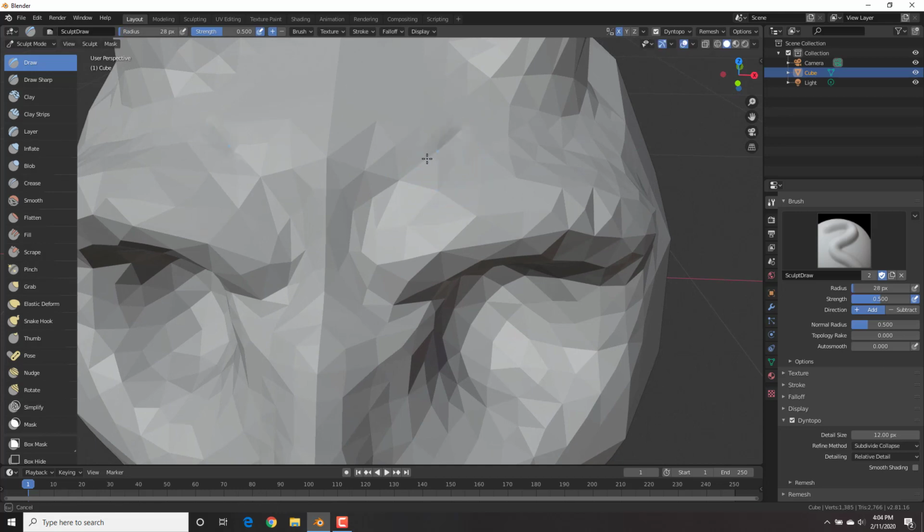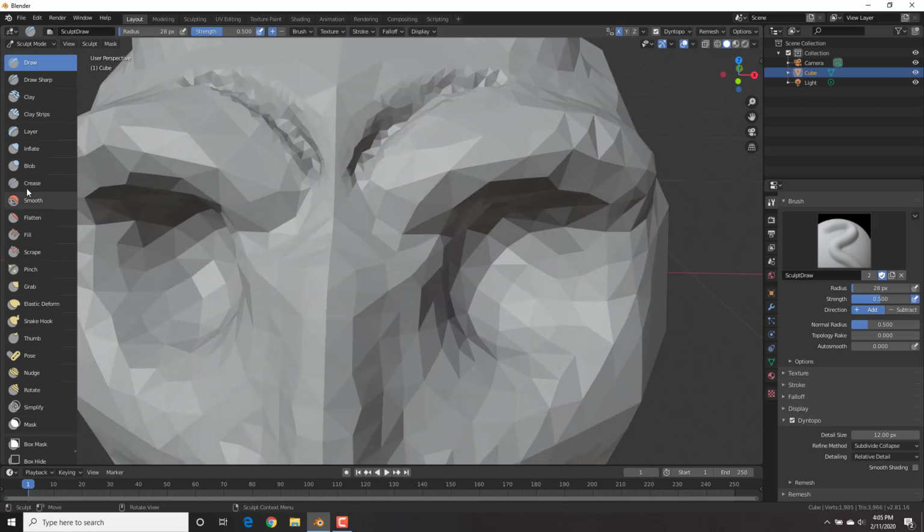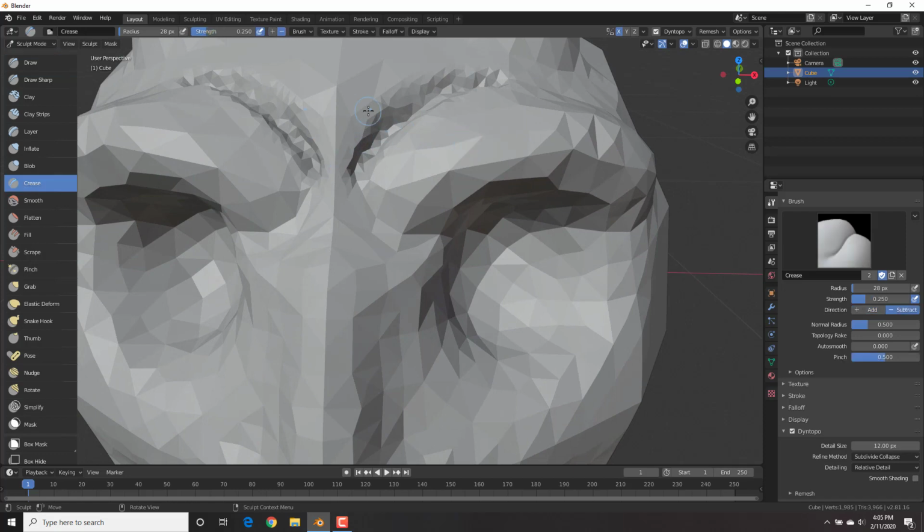We're going to left click and let's make some frown lines right there. And just left click over it to make it deeper. Control left click. All right, now the crease brush, again, as the name implies, I know. I'm going to hit F to increase the